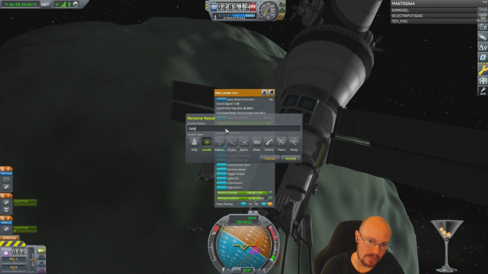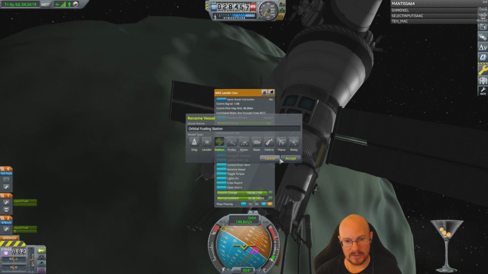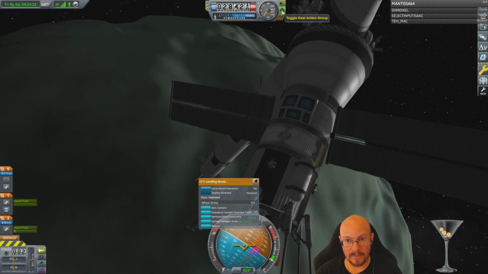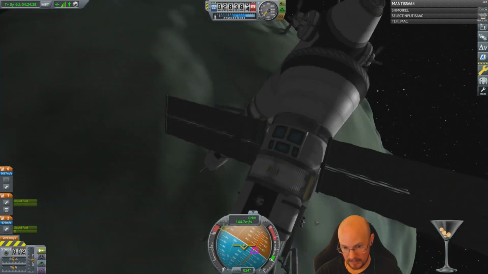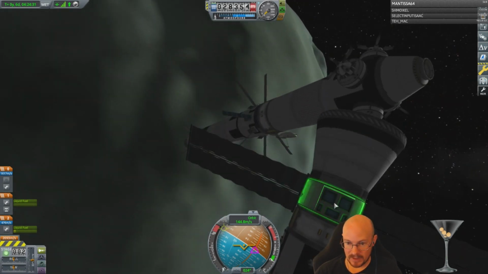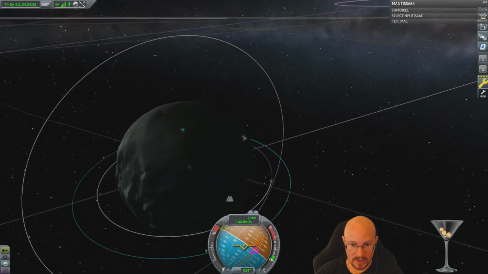This is going to be orbital fueling station. And this will be station. Accept. And these gear can be retracted, right? There we go. I don't need those guys sticking out. Okay, cool. All right, so it was that thing there. Okay, so now we want to